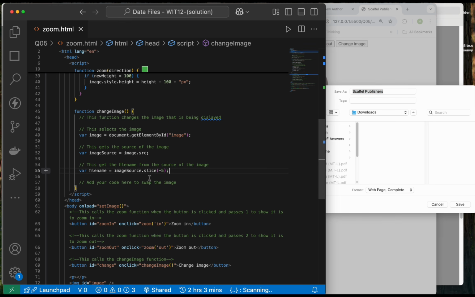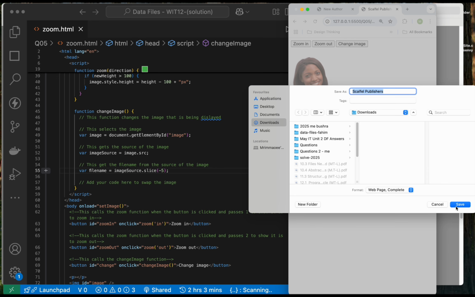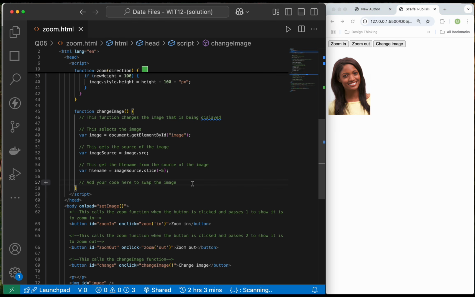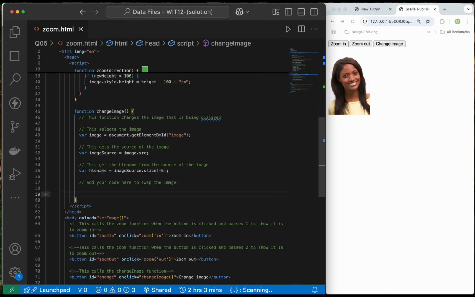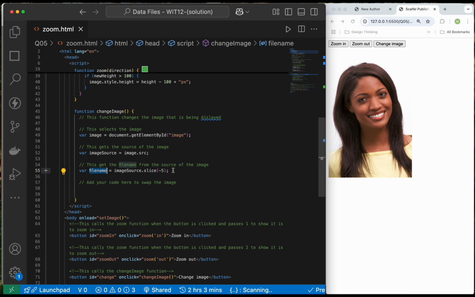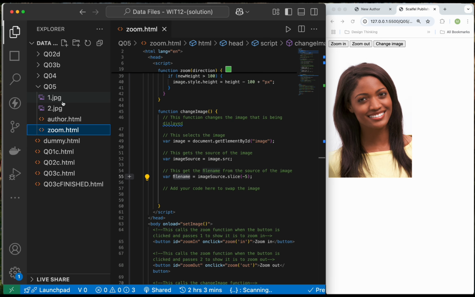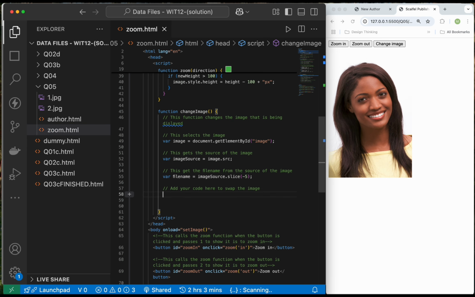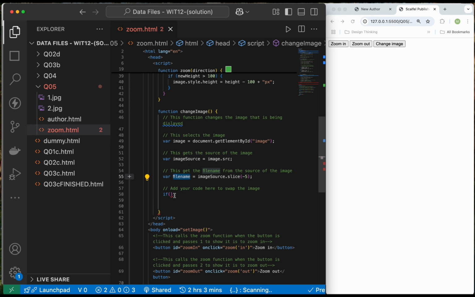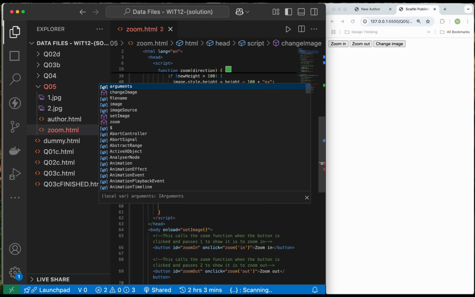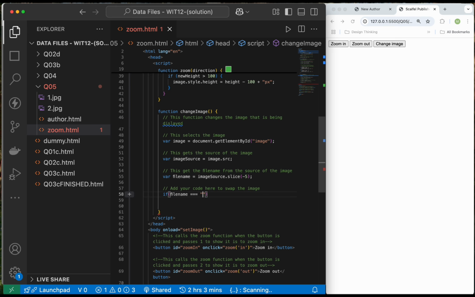Okay, now we have the part about adding your code to swap them. That one is quite easier. So this is the file name, get the file name of the source of the images. So all the images have a file name, 1.jpg, 2.jpg. So we can add it like this: if the file name